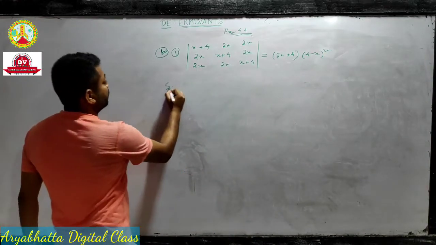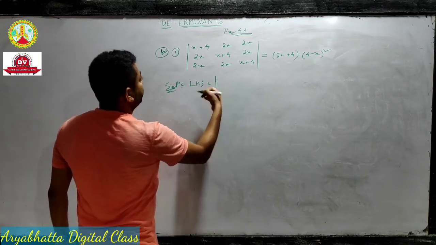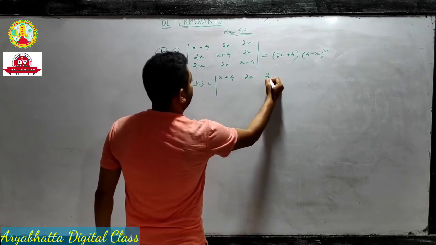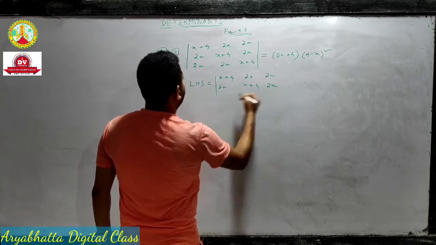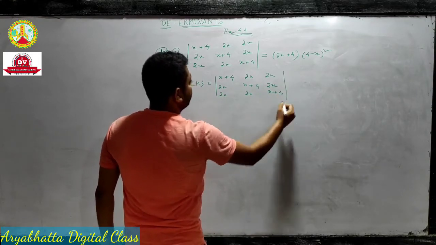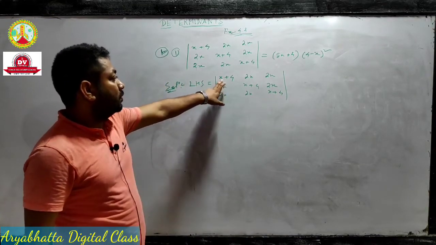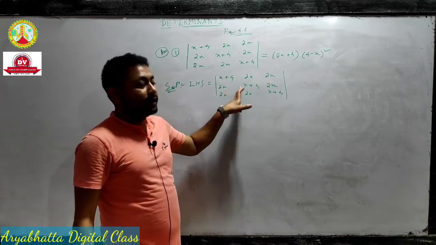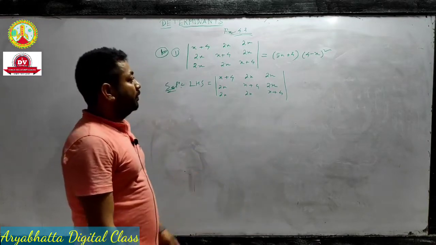Left hand side, solution. Left hand side equal to the determinant where the first row elements are x plus 4, 2x, 2x. The second row elements are 2x, x plus 4, 2x. The third row elements are 2x, 2x, x plus 4. If we apply